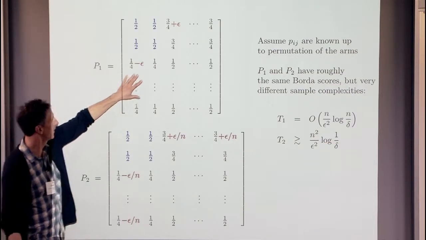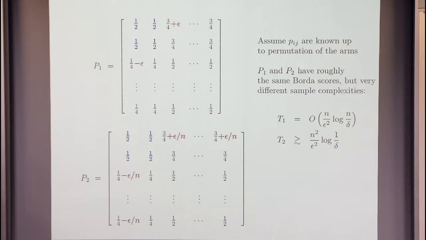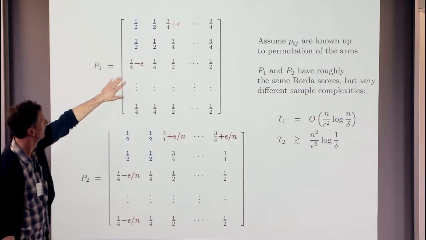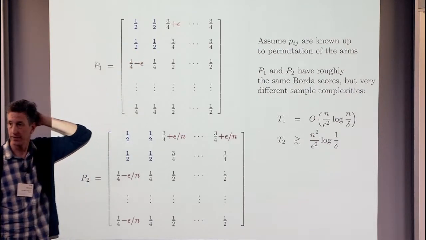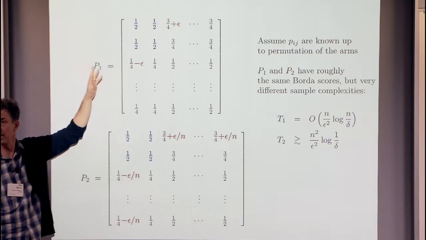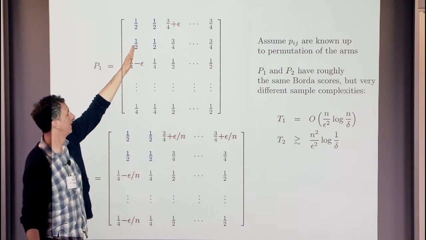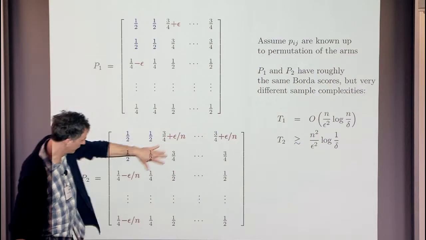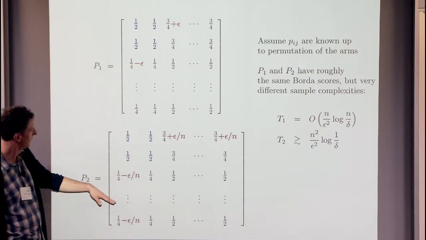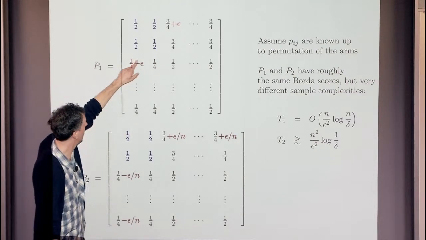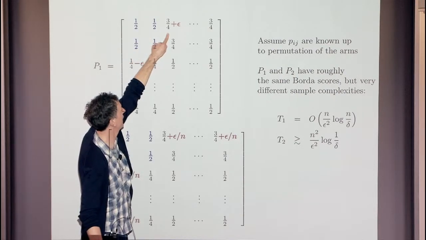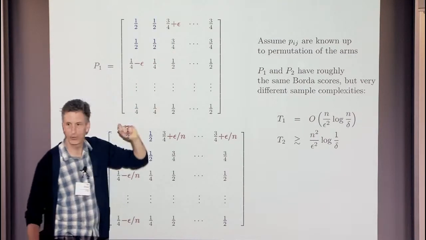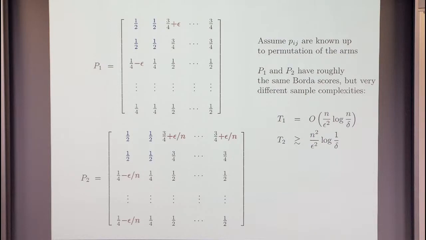These are two different matrices of these p_ij's, these dueling probabilities. In both cases, the first two arms, which are the first two columns here, are the two top arms, and one is the best. So it's the same in both cases. We have large probabilities in those two columns and rows, roughly 3/4. But there's a difference here. Why is 1 better than 2? Well, it's just slightly better than 2 when dueled against arm 3. So it's got a little epsilon edge on arm 3.